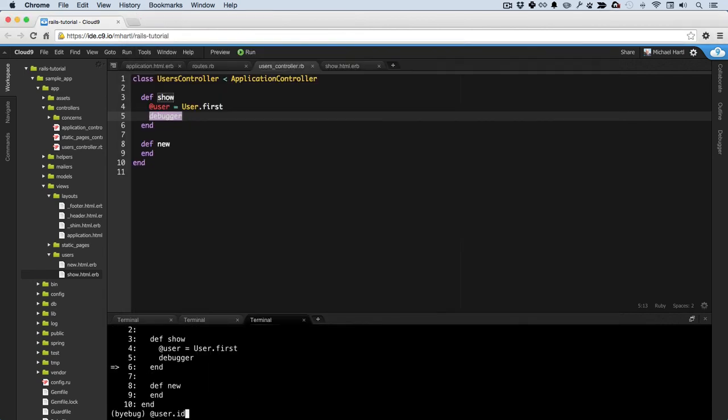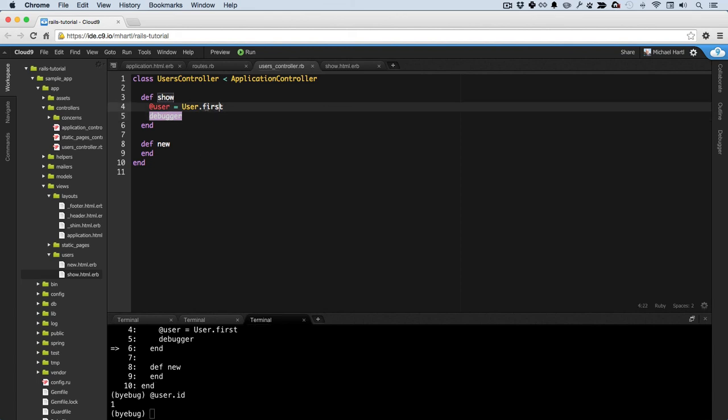So I was like, I don't understand, why isn't it working? Oh, I see it. @user's ID is 1. Ah, it's because I was stupid and put first here instead of actually using find. So